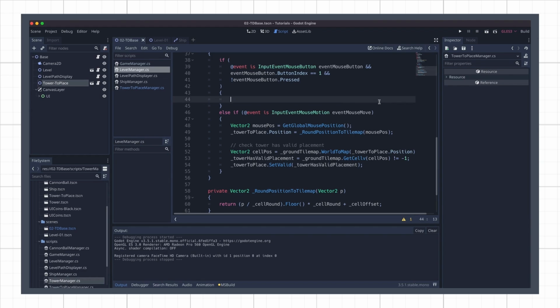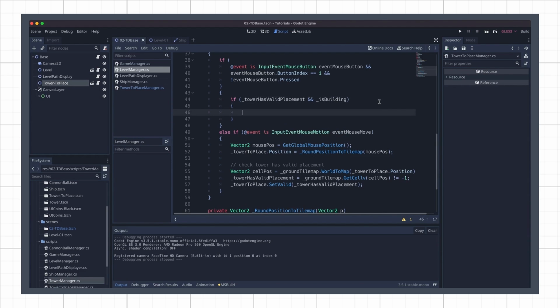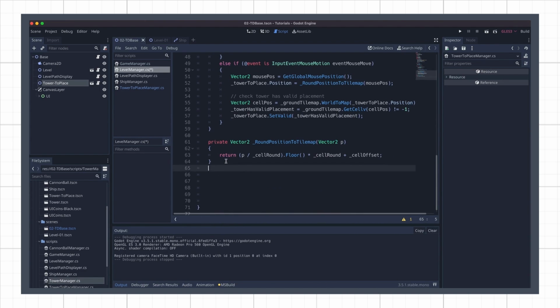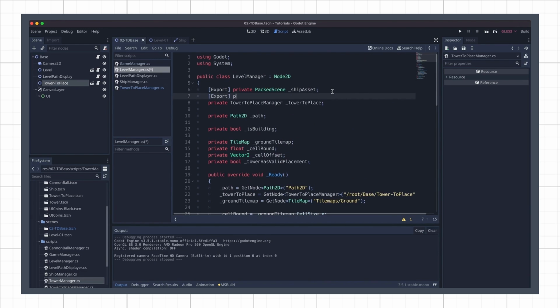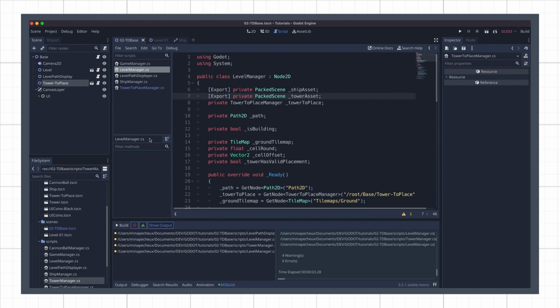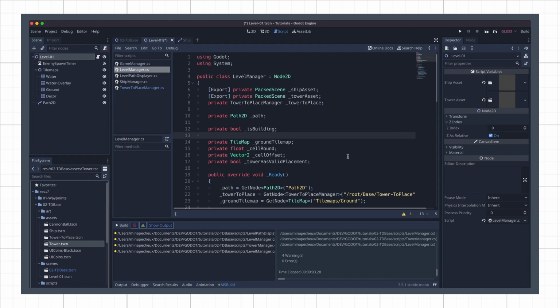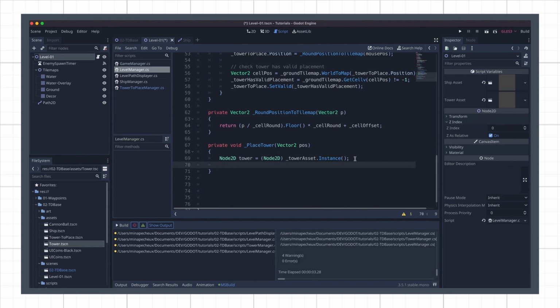We'll look at our isBuilding and tower-has-valid placement booleans, and if everything checks out, call a new placeTower function at the resnapped mouse position. In this placeTower method, we will want to instantiate our tower scene. So we'll need a reference to this asset as an exposed packed scene variable, which we need to remember to drag to the inspector. And then in placeTower, we will position the instance at the given location and add it